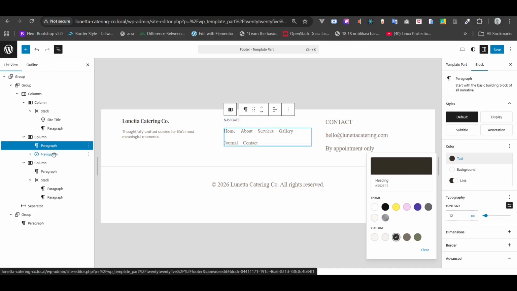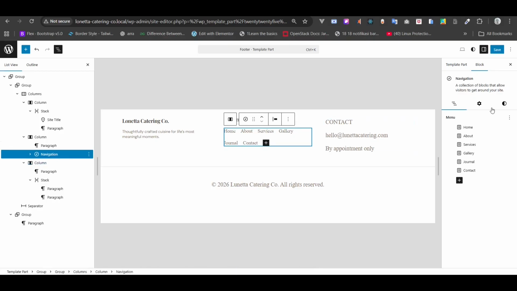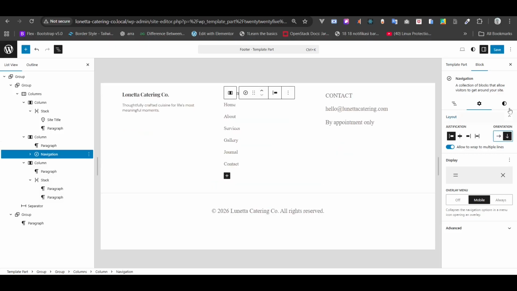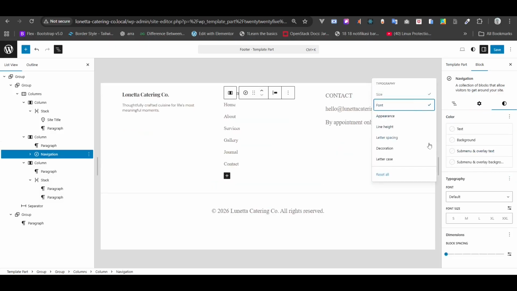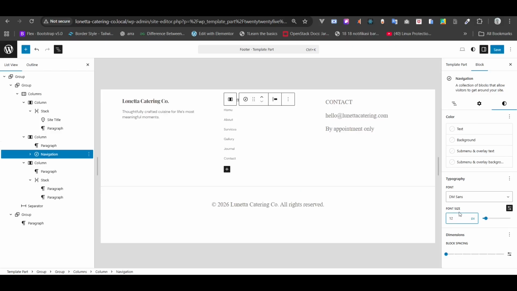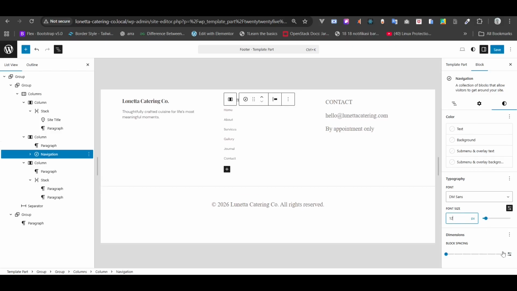And after that, for navigation, let's change the orientation. And for the font as well, let's change to DM Sans. And for the font size, 12 pixels. And for block spacing,